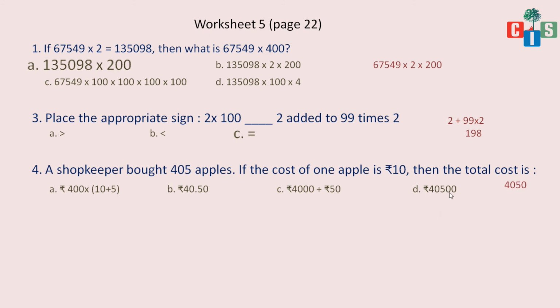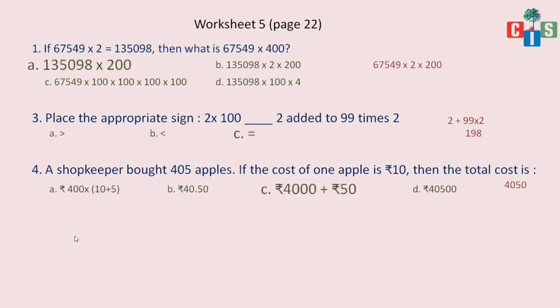This is 40,500. So this is the wrong answer. D is the wrong answer. Okay. Now this is 4,000 and 50 rupees. So I suppose C will be the answer. It's 4,050, no? So let's keep it aside and check the rest of the options. We will cross check whether we are right or wrong. Okay. Now the B part. 40 rupees and 50 paisa. No, that 50 paisa is not there. Okay. And then 4 rupees 410 plus 5. So it's 15 and 400 multiplied by 15, it will give me so many rupees. So A is also not the answer. So my answer is C.